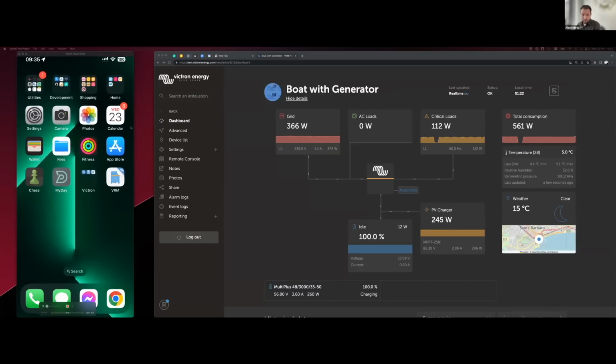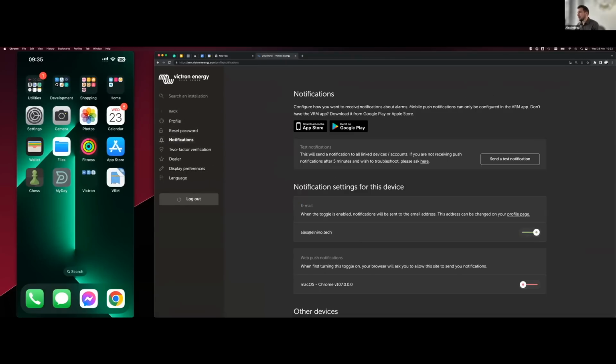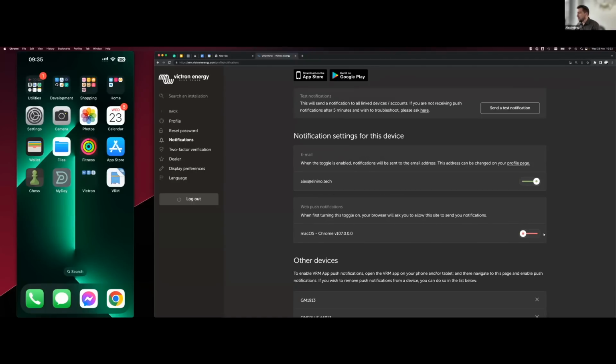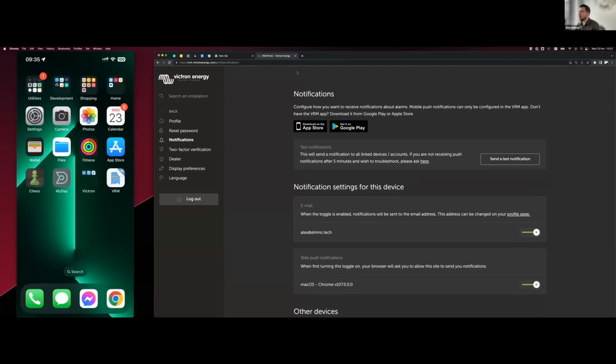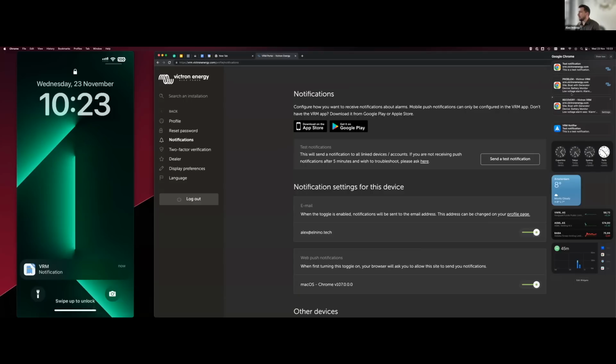and on your lock screen as well. Now, if we move over to desktop, we have the same menu under preferences, notifications, and here we can see some information about how to install the app if you don't have it installed already, as well as a toggle for enabling web notifications. So if we click this, now we are able to receive notifications on our browser as well. If we test that, we see that we receive a test notification, and these are some previous notifications that I received before, recovery and problem.